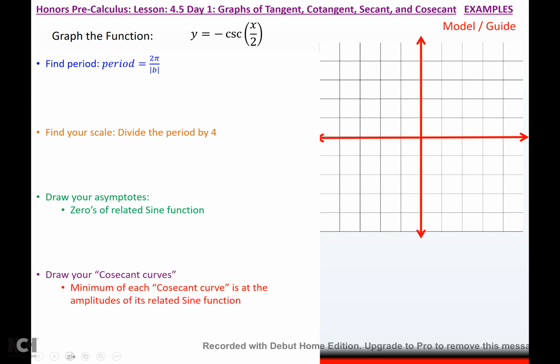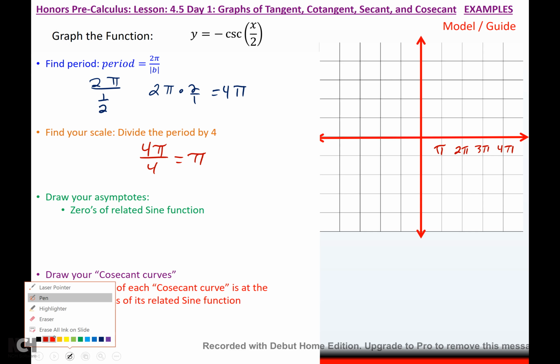So I'm going to find my period, which is going to be 2 pi over b, which is 1/2. So if I simplify that, keep, change, flip, I get 4 pi. To find my scale, I'm going to divide 4 pi by 4 and I get pi. So this is pi, 2 pi, 3 pi, 4 pi. Okay,